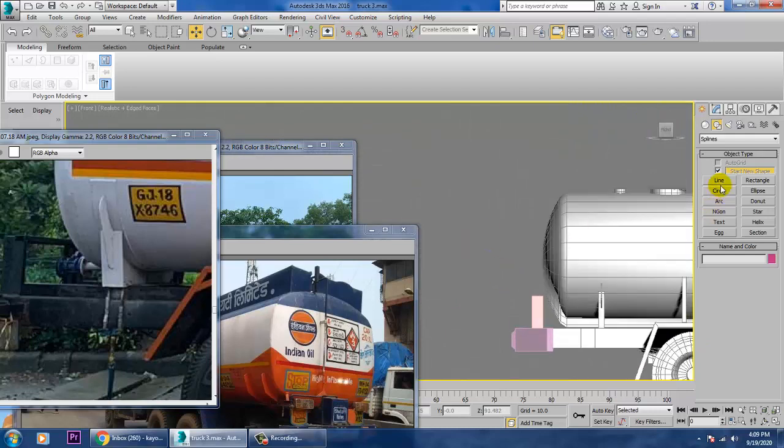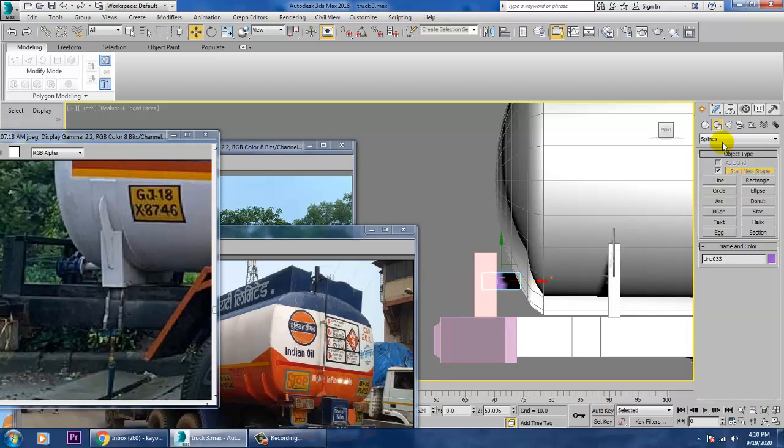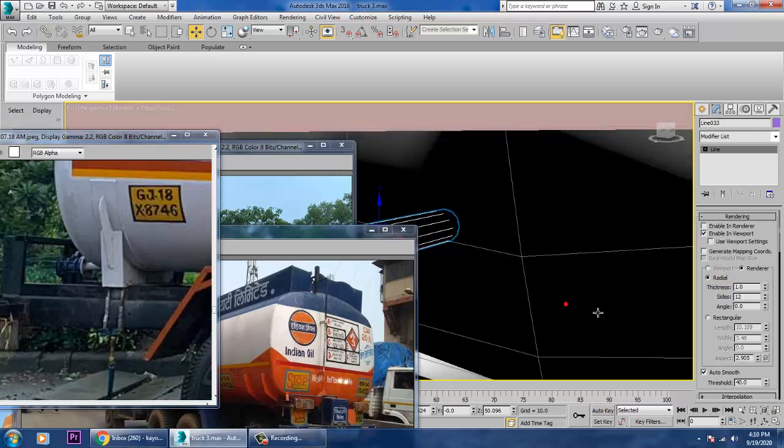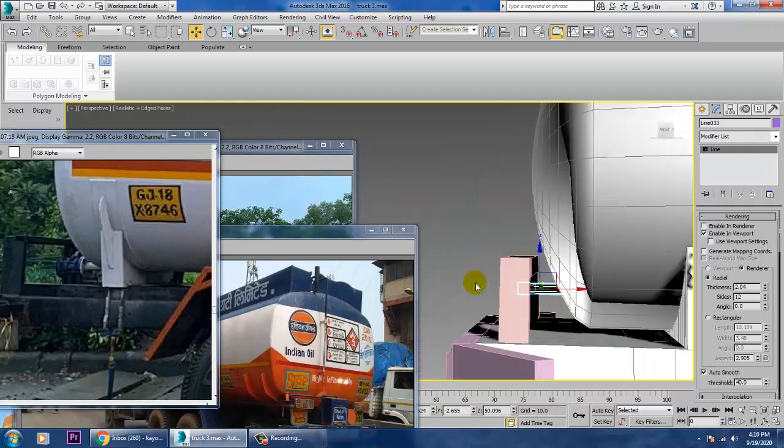Let's take a line tool over here and make it radial. In that radial, you can increase its thickness over here, push it over here and push it down.